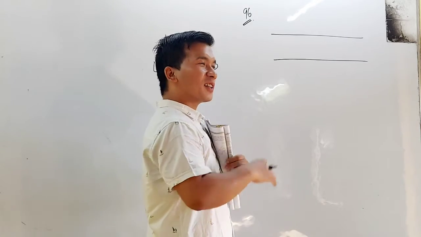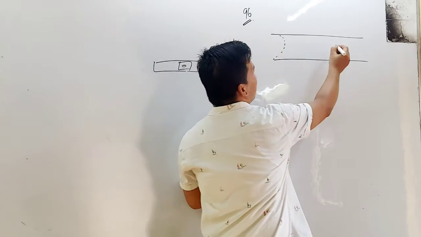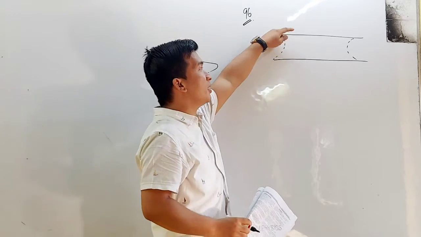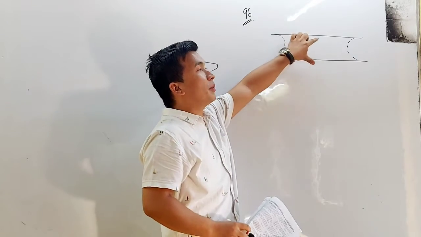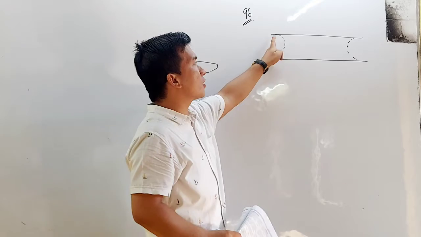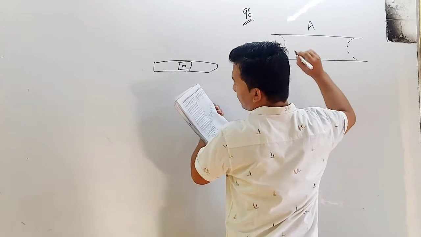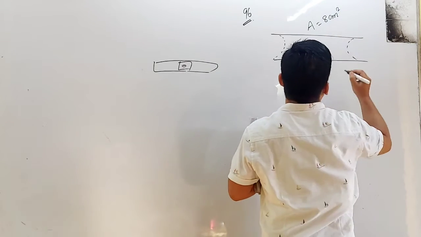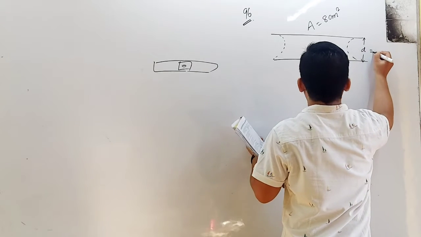It will be like this. This can now be considered as a non-capillary tip and lower sphere. Remember, water will be like this. The area of the plate is given as 8 centimeter square, and the distance of separation between the two plates is given as